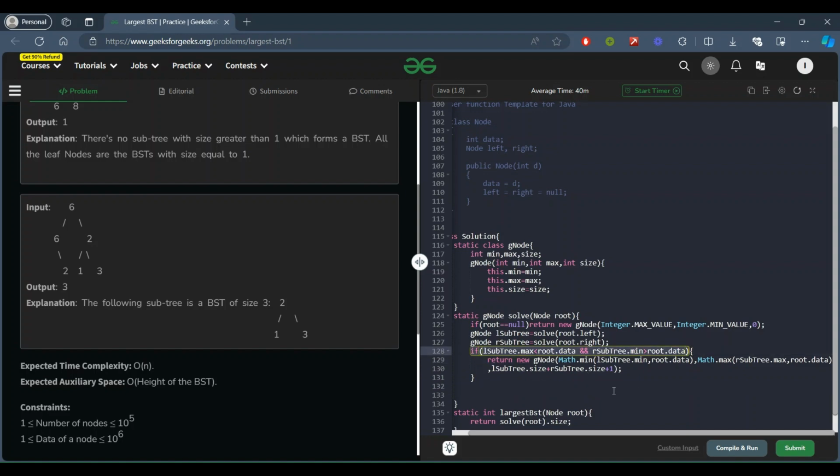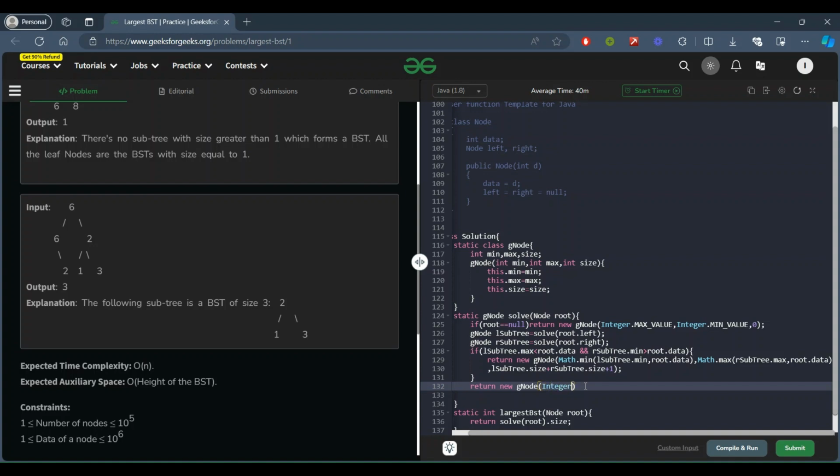Then what will happen? Then what will we return from here? We will return a new node, new G node, which should return minimum val integer dot min value as its min and integer dot max value as its max.